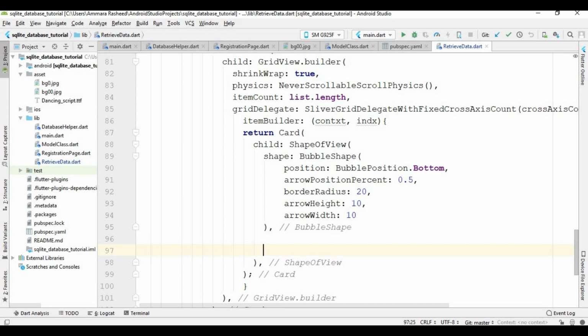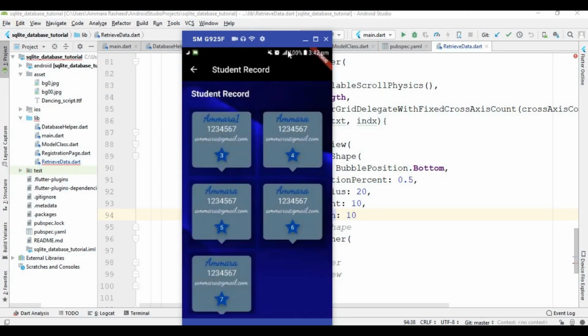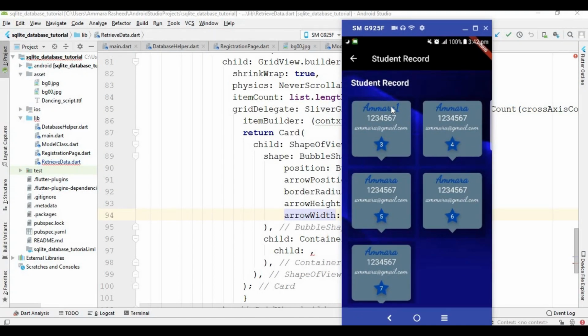And after that I write child, and inside this child I am going to create a container, and you will see that inside this container I create this name field, after that password, after that email, and this is the ID of each row. So all the data is showing here vertically, and if you want to show the data vertically, then you have to create a column, and if you want to show the data horizontally, then you have to create a row. Okay, so here I am going to create a column,